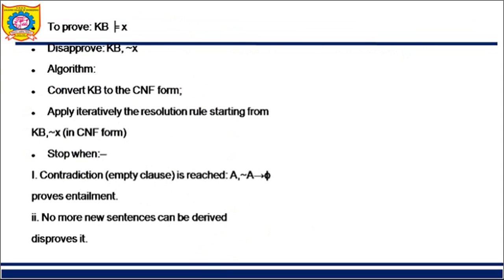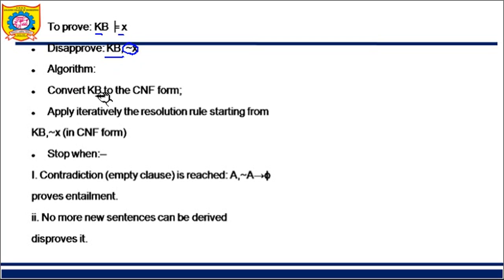Okay. So here comes the algorithm. What I want to do is, whatever knowledge base was given to us, whatever we have done, we'll just revise in the form of steps. Whatever knowledge base was given to us, I want to derive x out of it. This sign, we have already learned, means concludes or entails. I want to say that knowledge base entails x. So what is my way? I need to prove it by disproving the opposite. I need to say that it is not proving it. So in knowledge base, I need to add a new statement, that is negation of x.